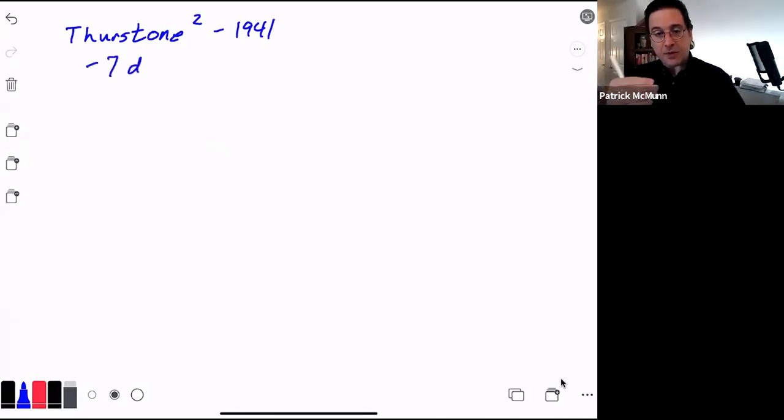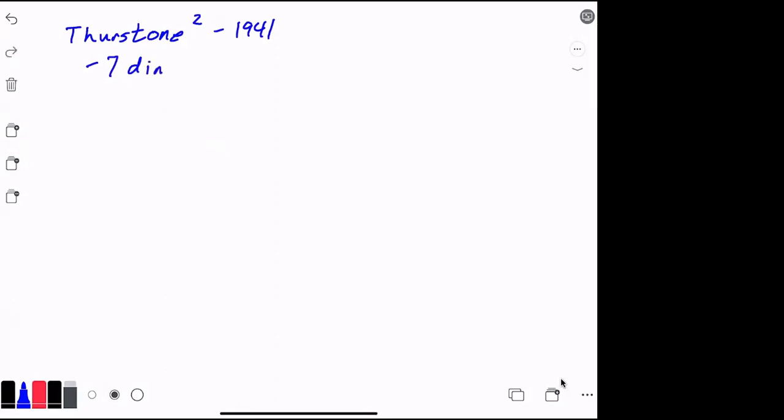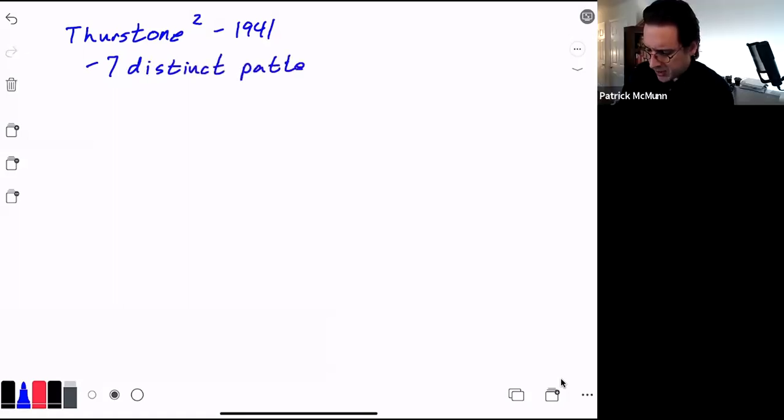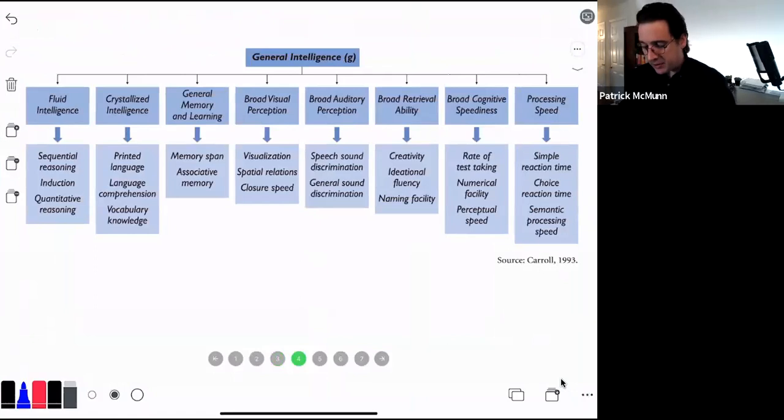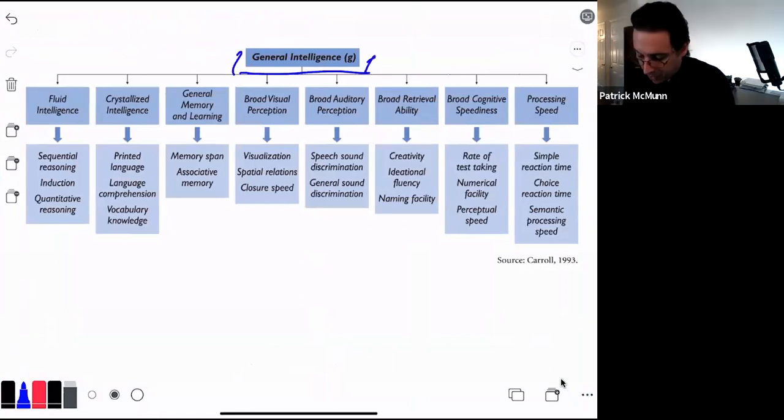So they used the 3 for general intelligence that Spearman suggested. Distinct patterns, which your book outlines pretty thoroughly. And actually, I think I have, yep, I do. So those 7 distinct patterns expanded, if you notice, still looking at general intelligence, okay? But broke those down because initially